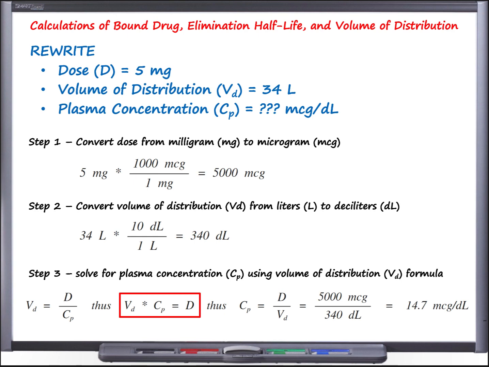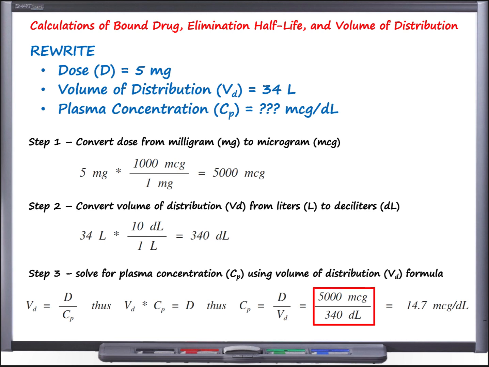Now, since we want plasma concentration, let's divide both sides by the volume of distribution. So that now gives us on the left-hand side just plasma concentration, and we would set that equal to now the dose divided by the volume of distribution. So hopefully all of that was just so you can see that I'm just rearranging that formula, because now I have a formula for the plasma concentration, and it's equal to the dose divided by the volume of